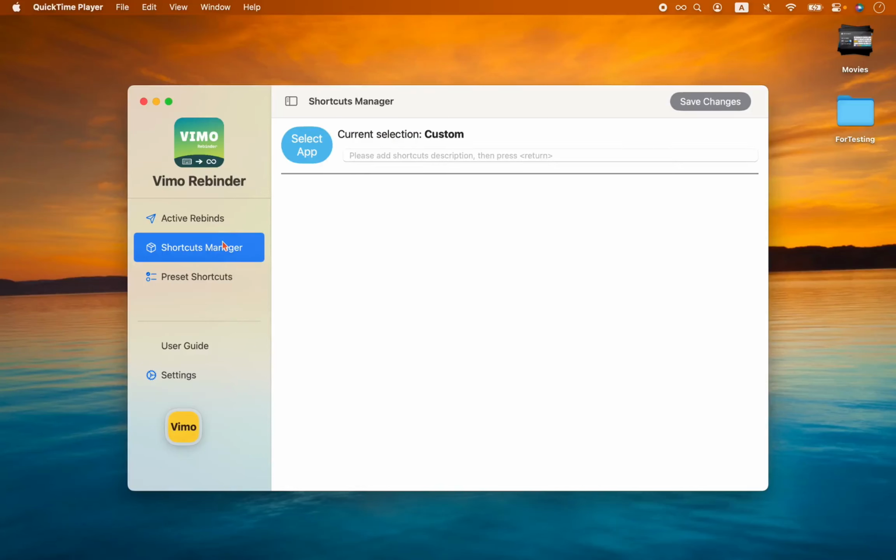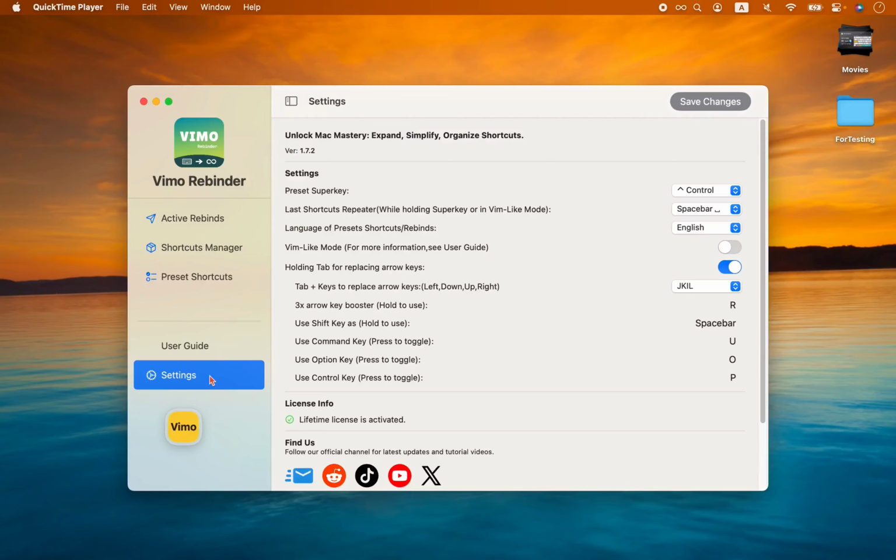This video will demonstrate how to use Vimo Rebinder. Assuming our app currently has no shortcut keys added. First, open Settings panel and select our super key. In this case, I have chosen the Control key as the super key and had it swapped with the Caps